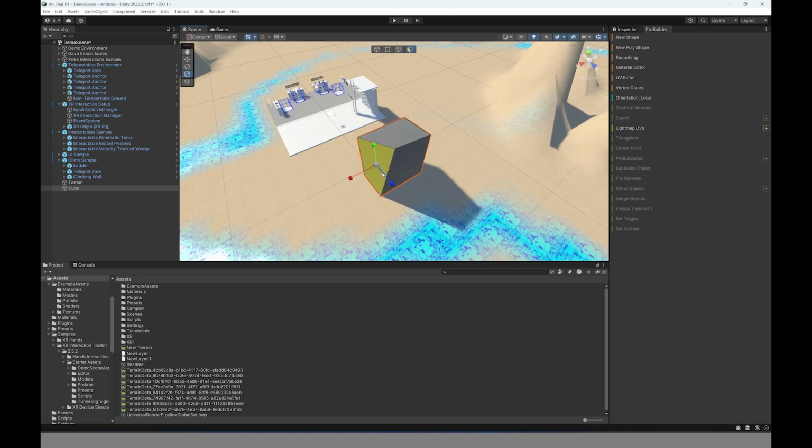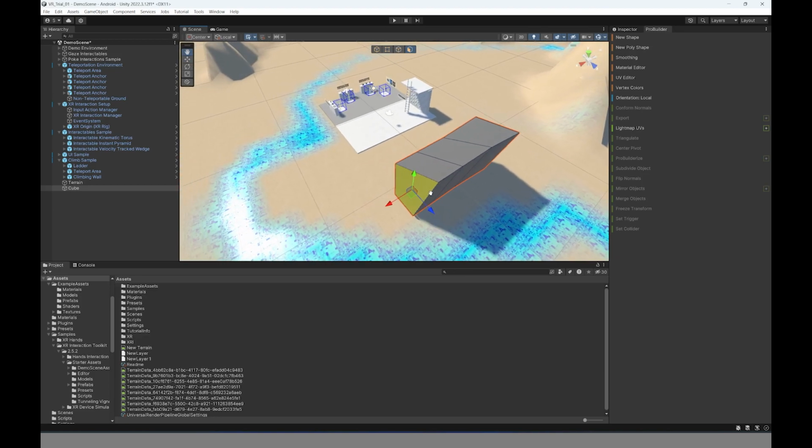And if you go into face mode, you can select the face. You can scale your face, or you can move your face. And then the other thing to note here is now if I want to move this face, but I actually want to extrude it. I don't want to just move the face. So I can hold down the Shift key. So hold down the Shift key, and then when you move this, you'll see how it starts to create an